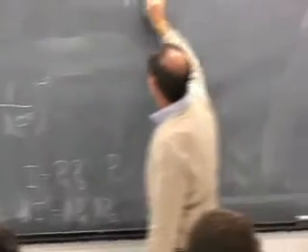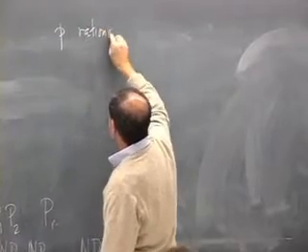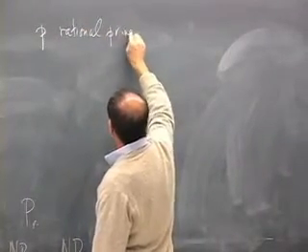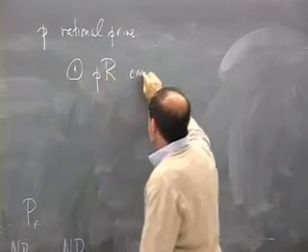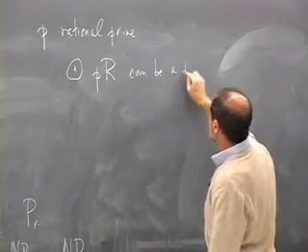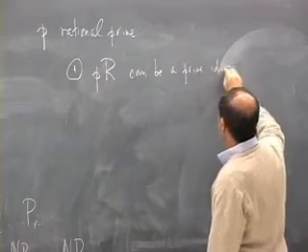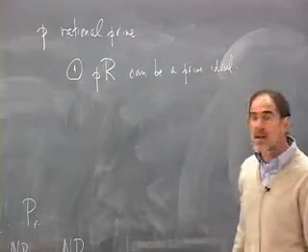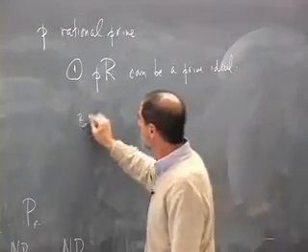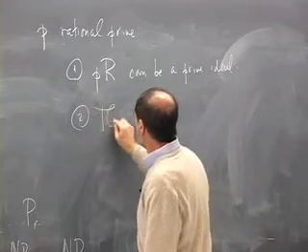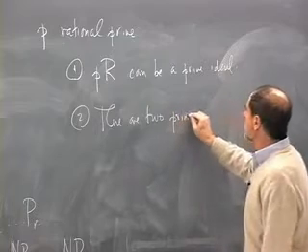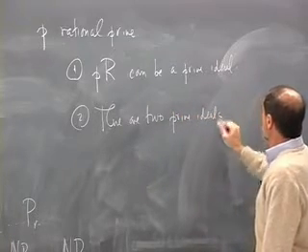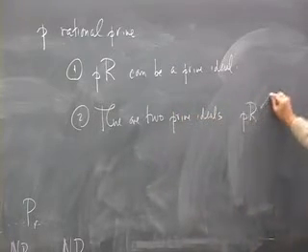So if p is a rational prime, you have 3 possibilities. 1, pR can be a prime ideal, so it remains prime. 2, there are 2 prime ideals between pR and R,